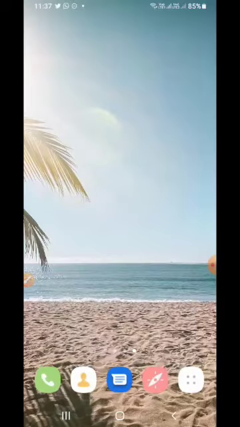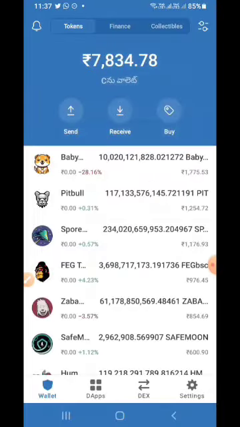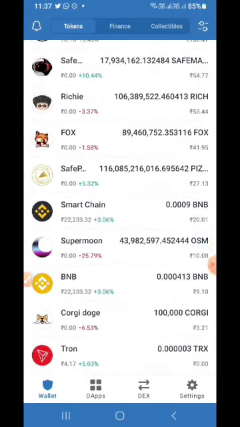Before that, you can open the Trust Wallet app. You can select BNB.